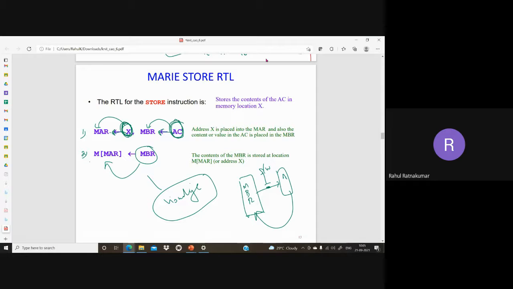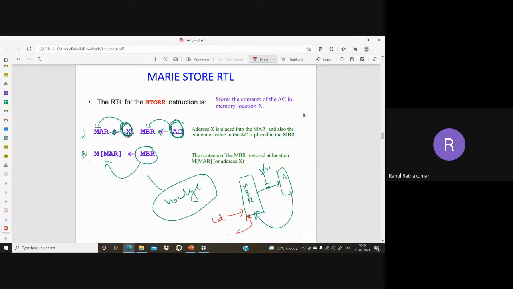In this case, you have to remember your basics. Every register has two things. A register always has a load, and it can also have an enable. So every register or flip-flop has a load and enable or some kind of control. If I enable the load of MBR and make the switch on, data is transferred from the accumulator to the MBR. And in reverse, if I enable the load of the accumulator and don't enable the load of the MBR and make the switch on, then I'll be transferring data from the MBR to the accumulator.